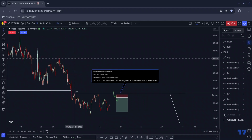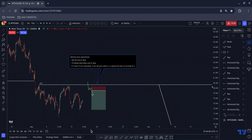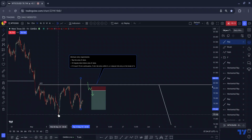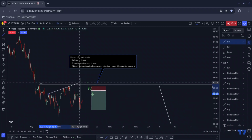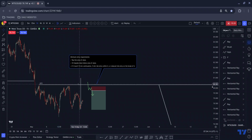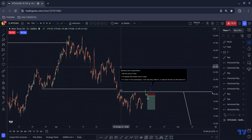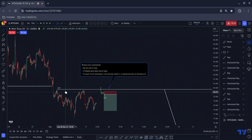So with that in mind, and the fact that there's multiple ways that you could plot trend lines here, okay, and also if we just measured this at this moment in time, if that was to give us an impulse correction continuation, that would also line up with that, okay? So because we could pop a little bit higher, what I'll be looking for is a tap into this area of value, a push down on the 1 hour chart, and then I won't be looking for a 5 minute just because of that sequence and just because of the multiple ways that you could plot